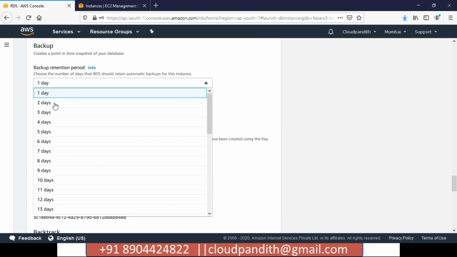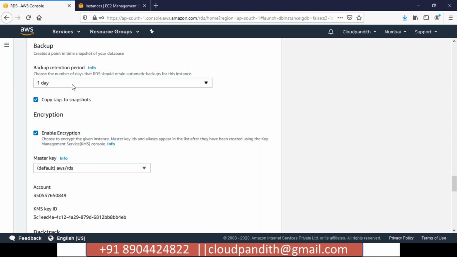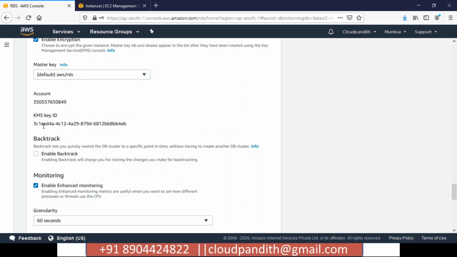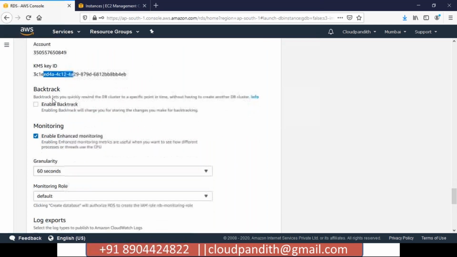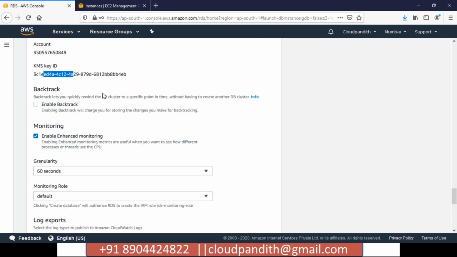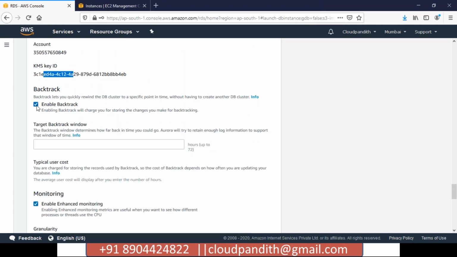For backup, if you want to maintain the last 7 days of backup, you can say 7 days, or if you want only the last 1 day, you can maintain that. If you want to maintain any encryption, all those things. Backtrack means, suppose when data is corrupted, you want to go back 2 days or 3 days and restore data. Last 72 hours of data you want to maintain. Maybe you want to go back to the last 24 or 48 hours, you can go back and restore your database.